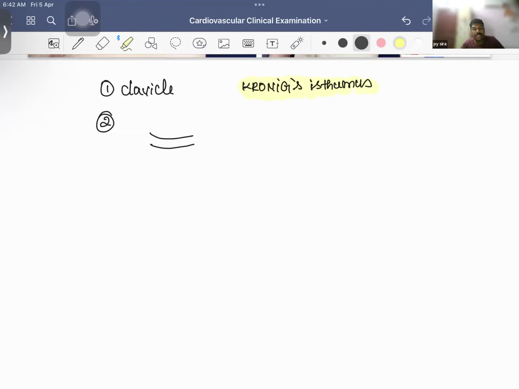What is this Kronig's isthmus? It is a band of resonance of 5 to 7 centimeters in the supraclavicular region. It is bounded medially by